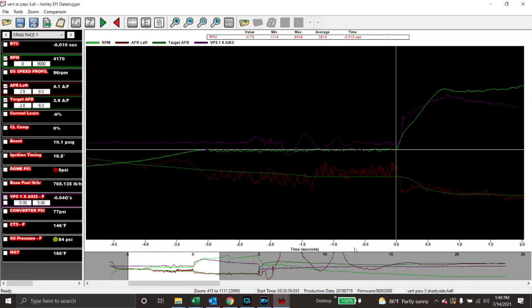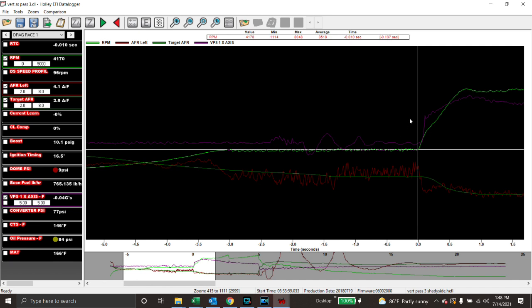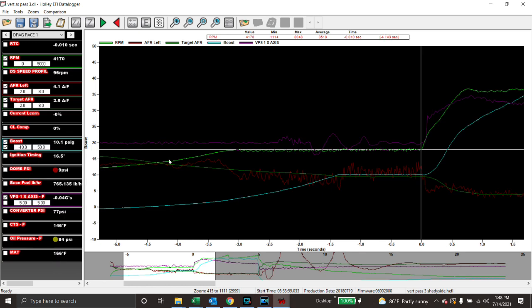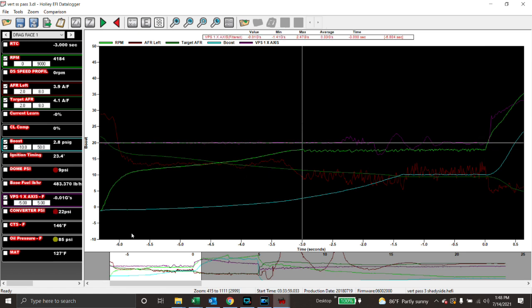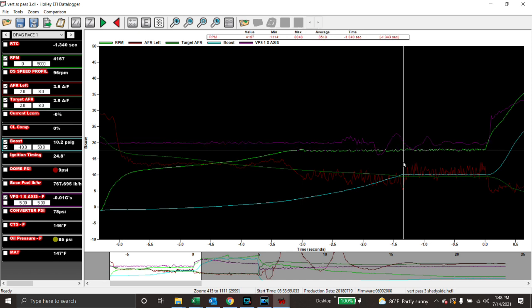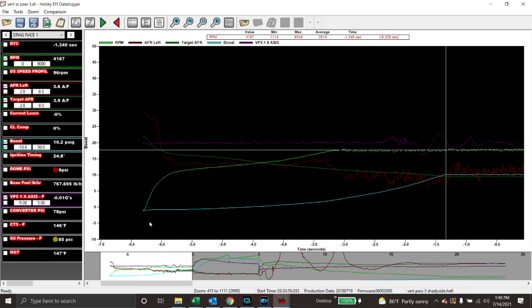If you're looking at your time scale down here, you can do some math and say I let go of the button at 5.5 seconds or whatever, but this is just a little easier. So let's bring up boost when we're first looking at this. A buddy of mine was driving the car, and he likes to lazily roll into the throttle, which is perfectly fine. It took right around 3 seconds to get to the chip. And then right here, we're at minus 1.3. We started right around minus